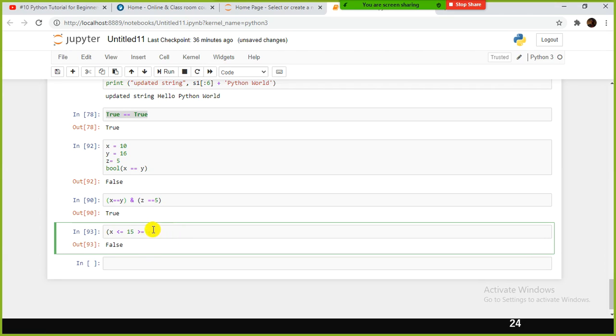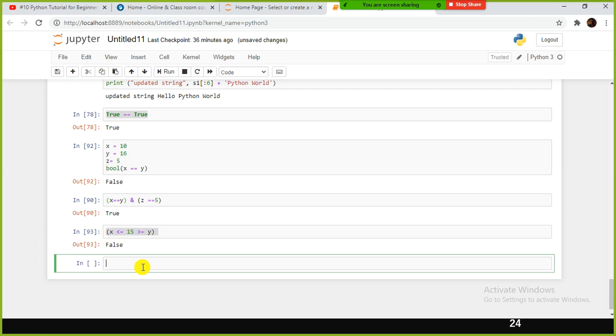False only will come. So instead of writing this way, we can write it this way also, right? How will we write it? X is 15 and y is less than or equal to 16, right?